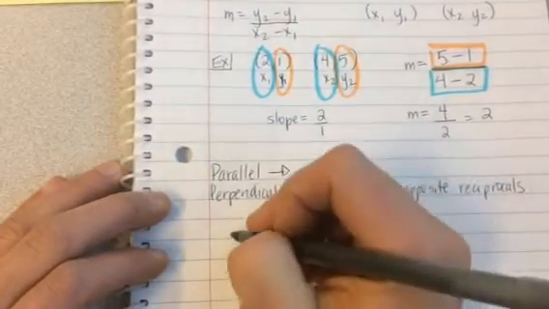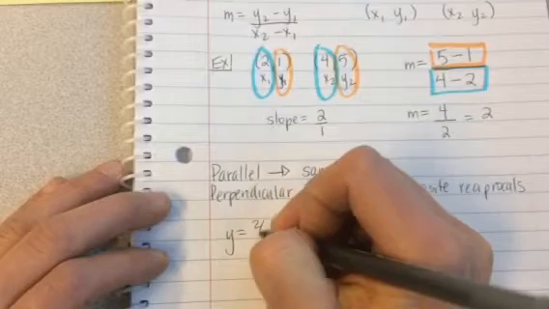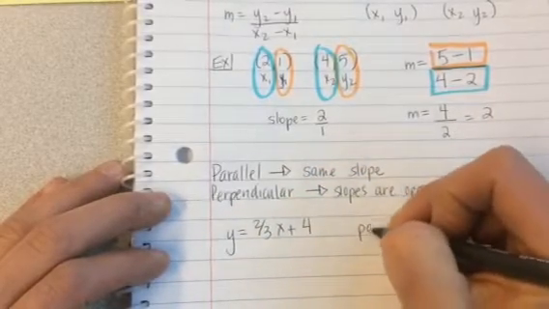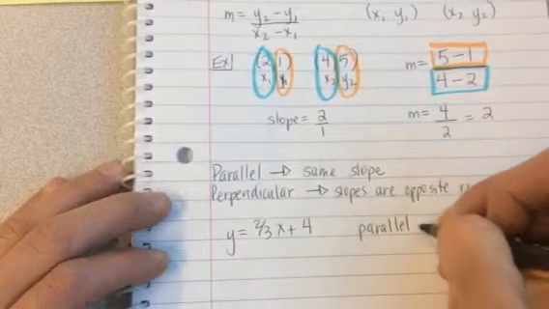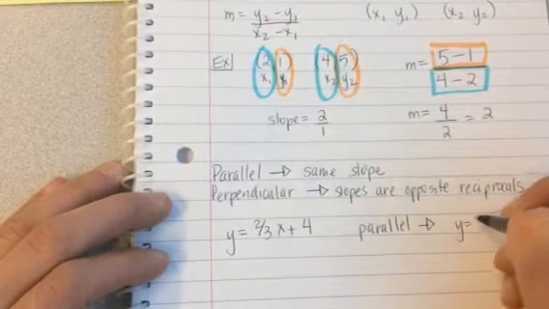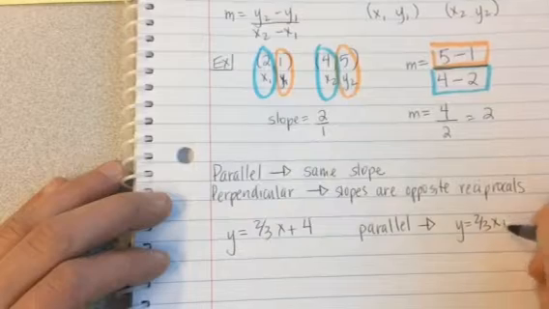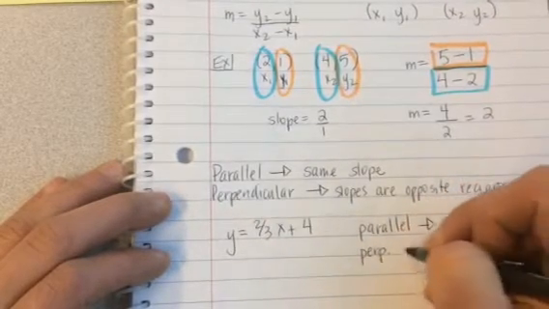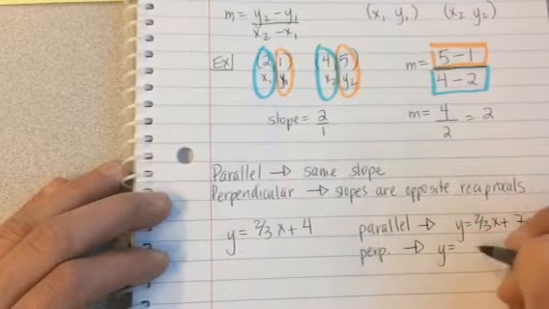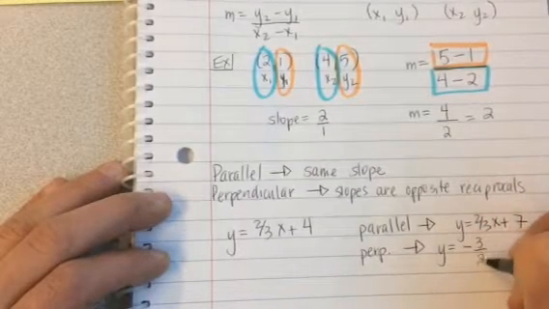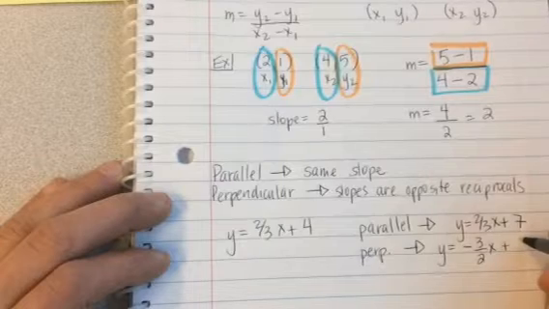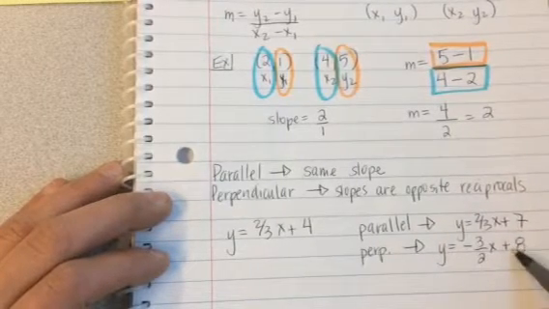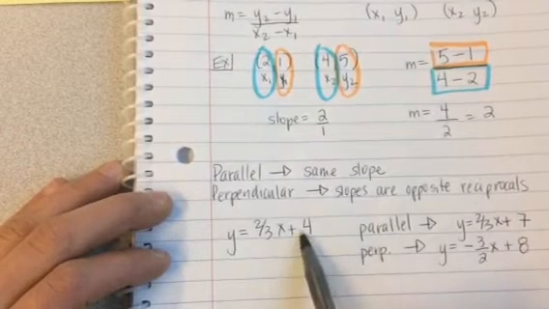So, suppose we've got a line y equals 2/3 x plus 4. A parallel line might look like y equals 2/3 x plus 7. A perpendicular line might look like y equals negative 3/2 x plus 8, say. This could be anything over here, as long as this is not the same as this, because that would make